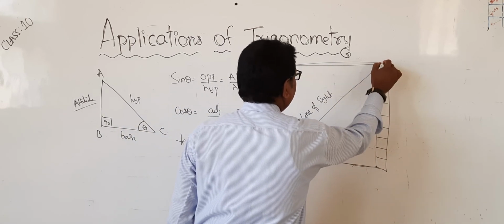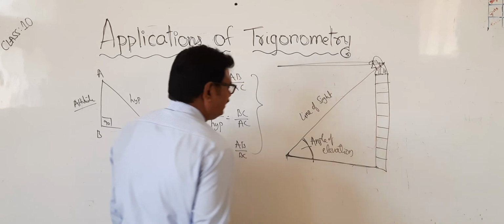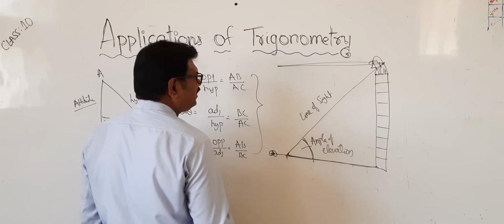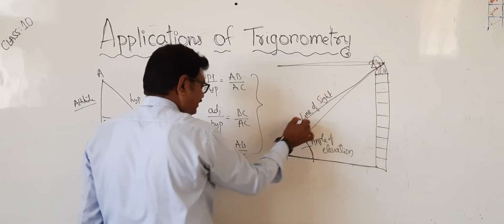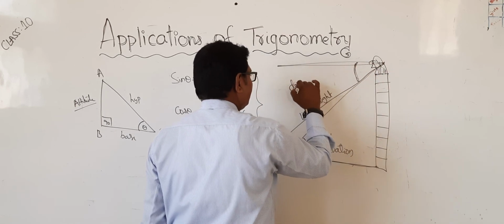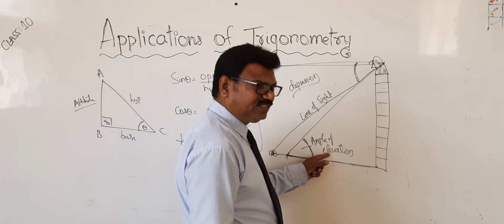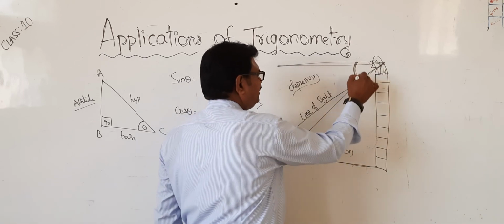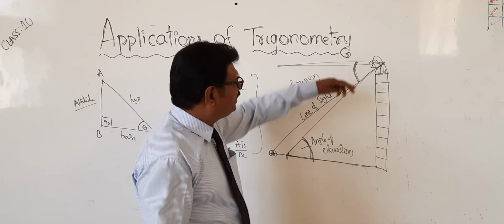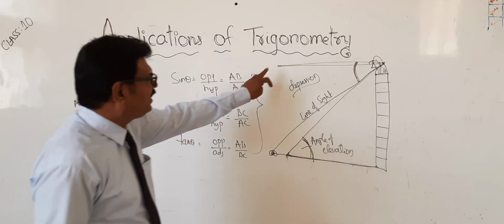For example, one person is standing and seeing from there. Here it is the object. That means this angle is known as angle of depression. This is angle of elevation and this is angle of depression, and almost this and this will be equal because these two are parallel, because here always we will take with the horizontal line reference.